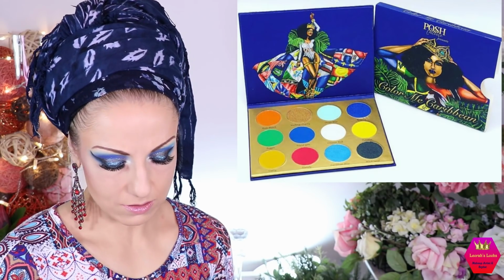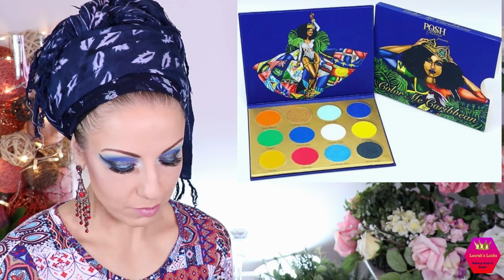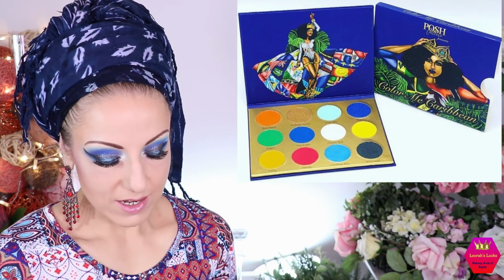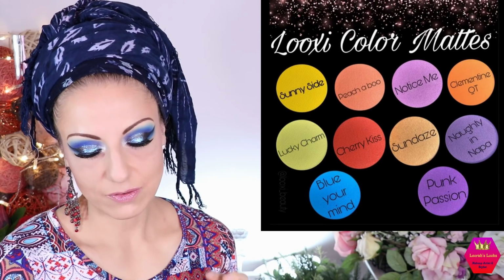And do I have a price? I don't have prices today. Okay. Never mind. The next thing is from Looxi, and they have 20 new matte shades, and they are $5